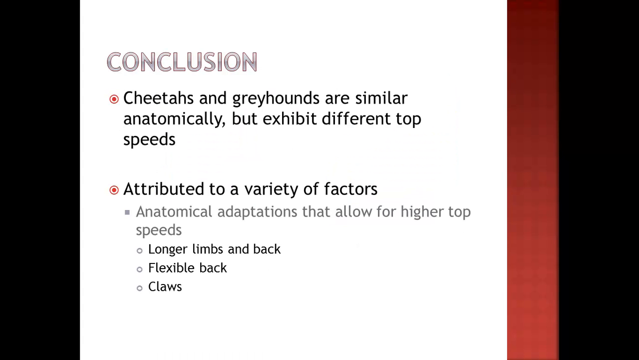So to wrap things up, this study's main goal was to pinpoint some of the factors that attribute to the difference in cheetah and greyhound top speeds despite their many anatomical similarities. And researchers discovered that a variety of factors will contribute to this, ranging from longer limbs to more flexible backs to the use of claws. And they also noted that there were several more factors that will most likely come into play that this study does not look at specifically. And this indicates that there's still a lot of room for